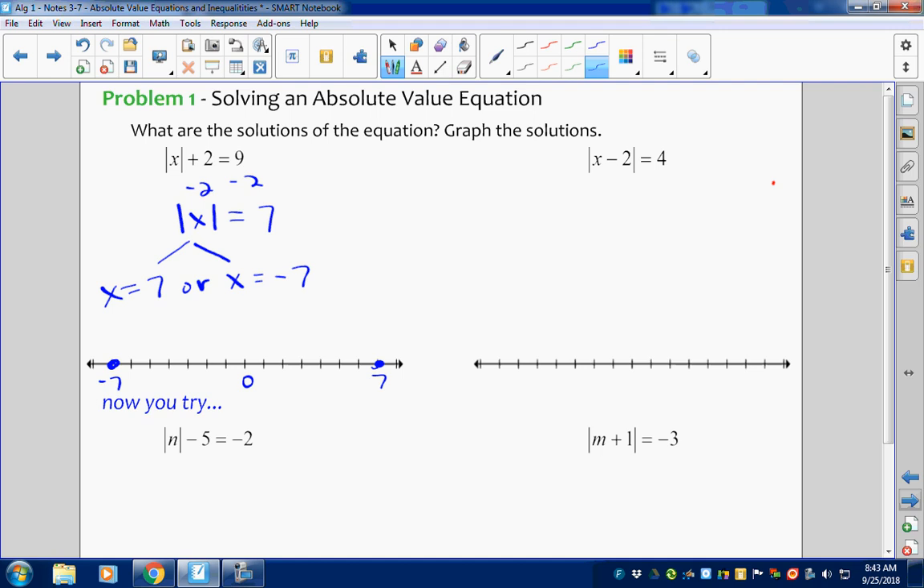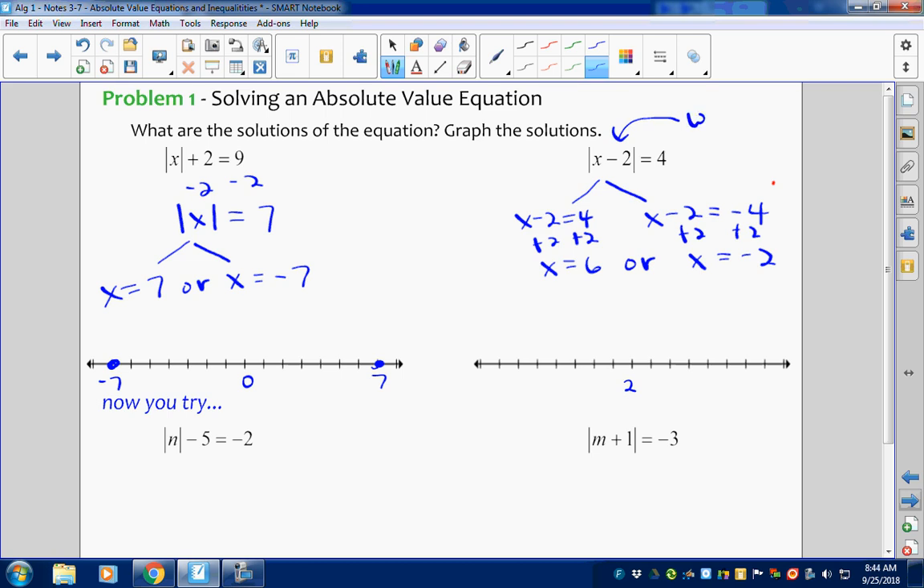And this next one here, the absolute value of x minus 2 equals 4. Notice it's already isolated, so we split it into two cases. It's x minus 2 equals 4, or x minus 2 equals negative 4. Add 2 to each side. So I have x equals 6, or x equals negative 2. This time I'm going to place the 2 in the middle because, see this 2 right here? I'm finding values that are 4 units